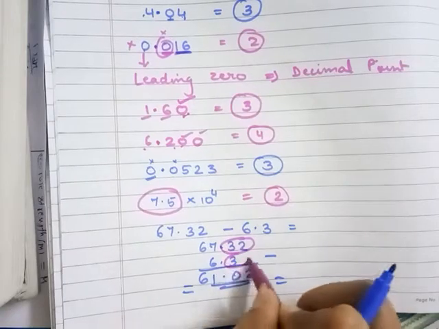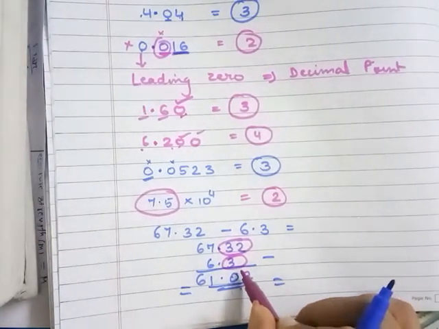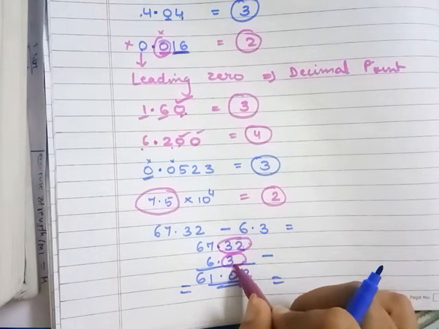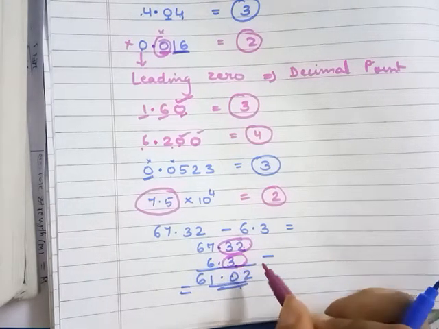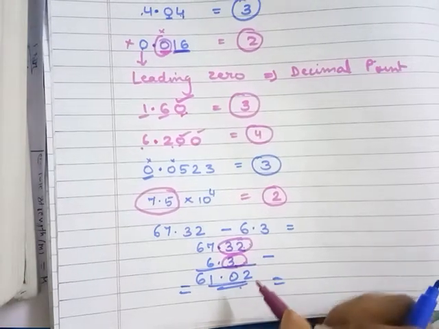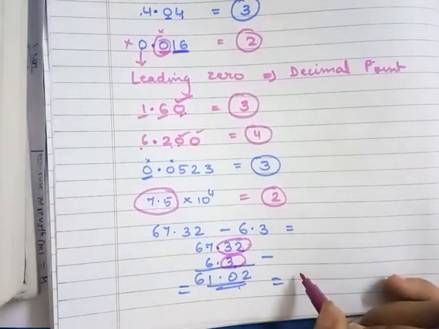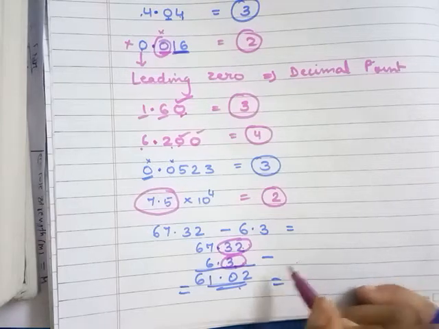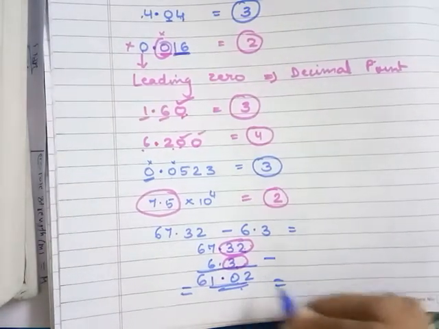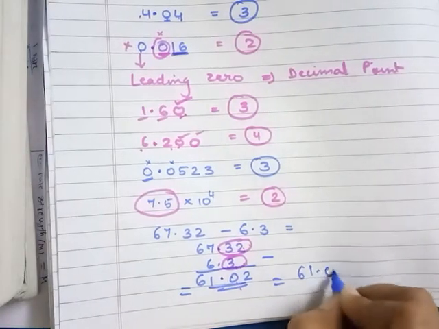2. And here 1. So the result should also have, among the 2, the least number, which is this one. Only 1 decimal digit is written, after the decimal point, only 1 digit. So when you have such addition or subtraction, the result should be expressed only up to the decimal place which is least. That is, after the decimal point only 1 number should be written. So here the correct result is 61.0.